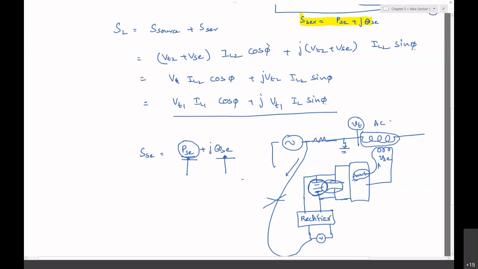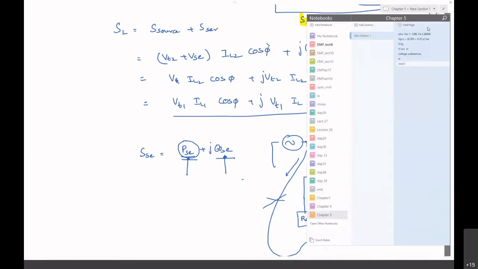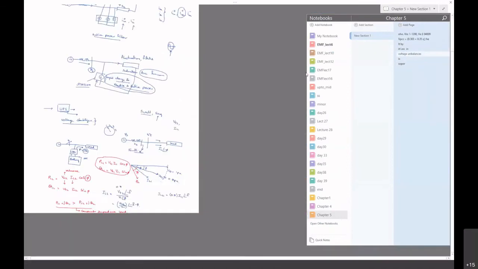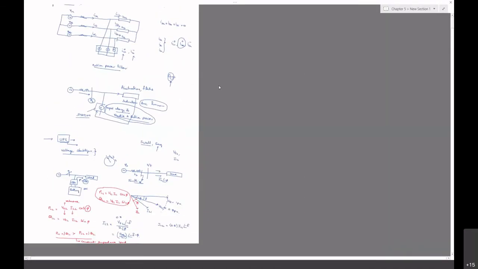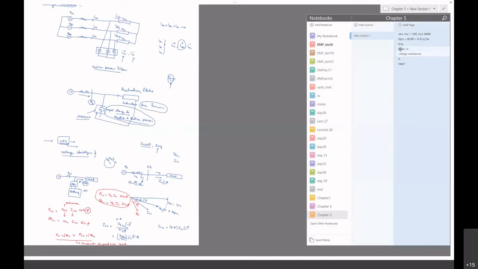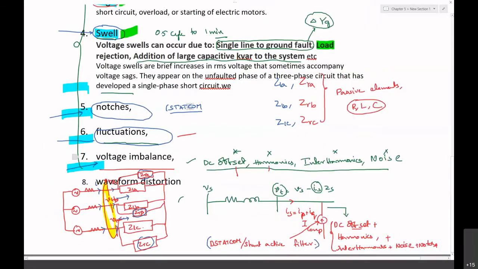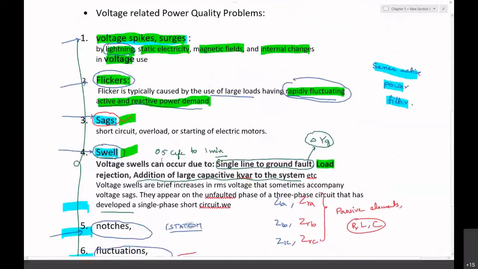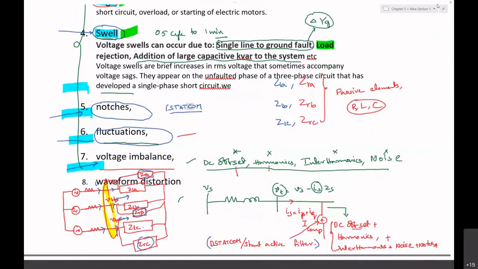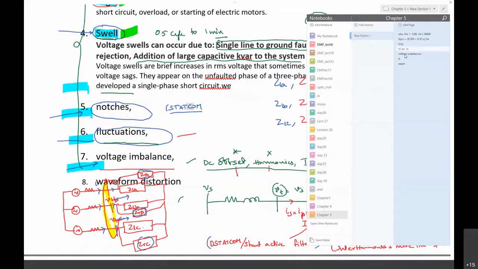This is about some of the power calculations, in order to understand what kind of device is to be kept over here to correct the voltage sag. Now the question is, as I said in the earlier classes, especially when I was discussing problems related to voltage imbalance, or something like that,